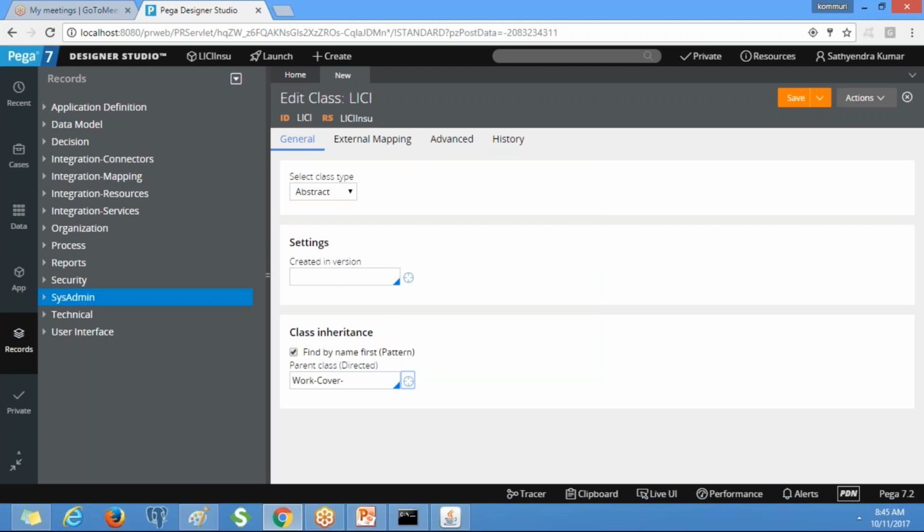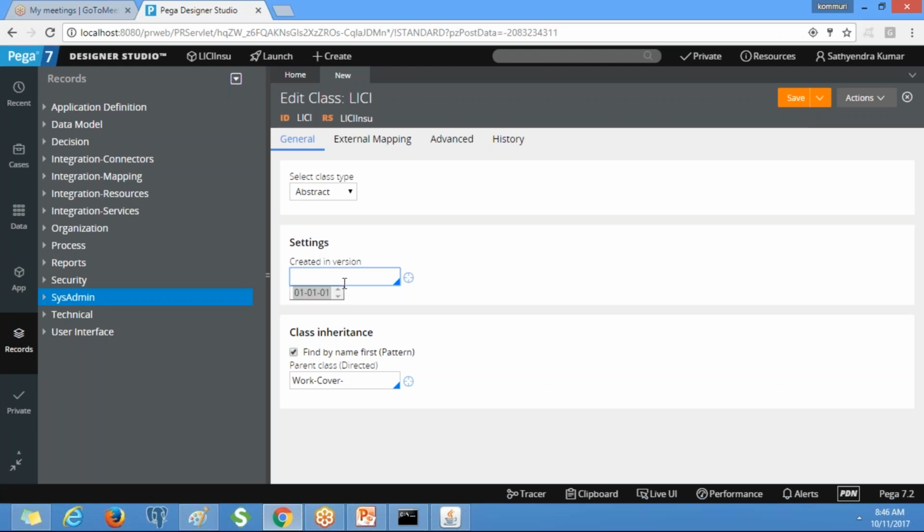To use those features, it must be inherited from work dash covered dash. If you select work dash now, you will get the issue when we work on case management. That time you can change it, no issue. But better to select work dash covered dash.